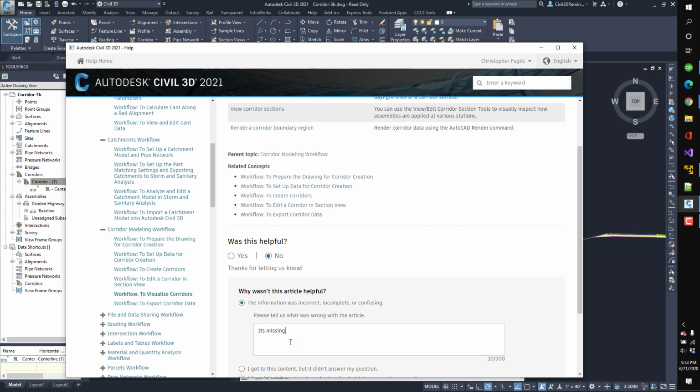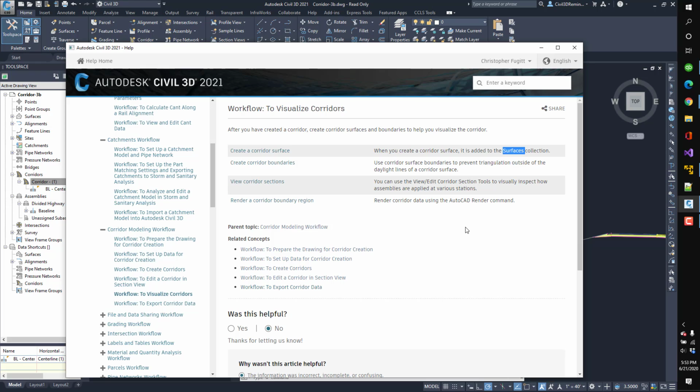So it's missing the step to add link or feature line data to the surface. Because right now we'll have empty surfaces because Civil 3D doesn't intuit if it should be top or datum or what surfaces you want. You kind of have to spoon feed it what you need to do. There's really no easy button that Civil 3D has that allows you to quickly create those top and datum surfaces, even though if you have good standards like they've been talking about in the help files, you really should be able to just add the surfaces and have it automatically add a top and datum or whatever your standards are